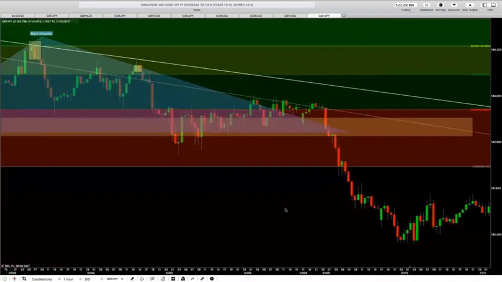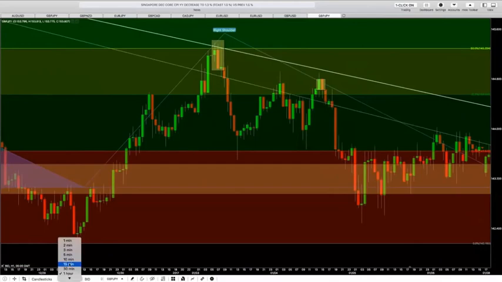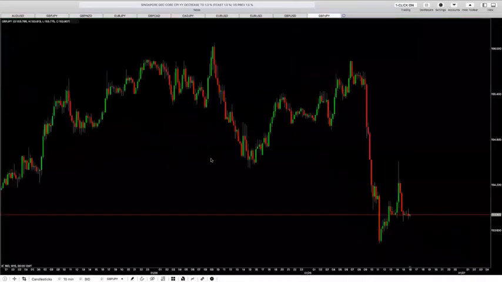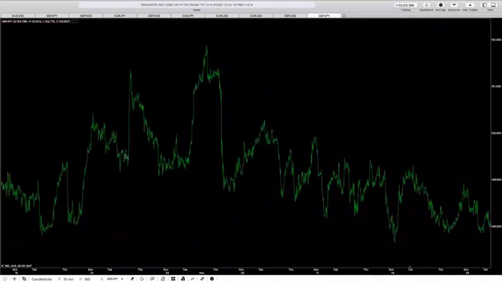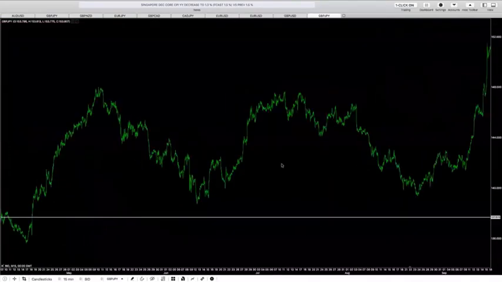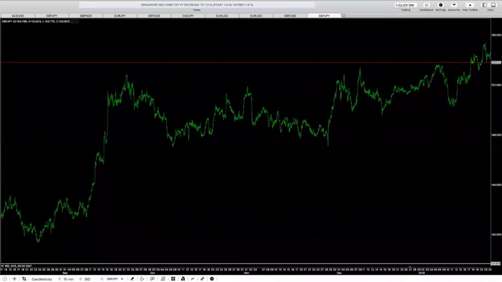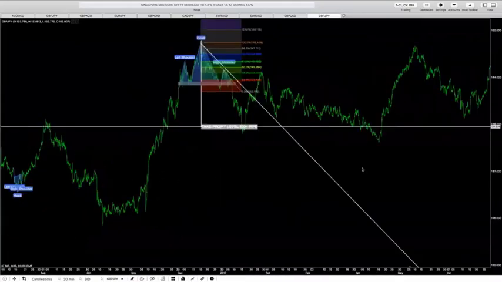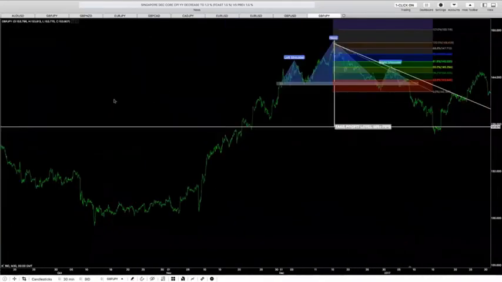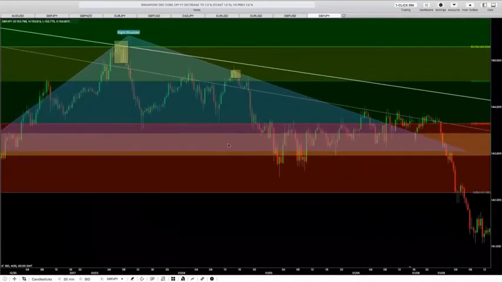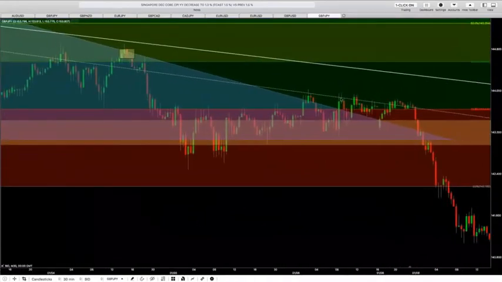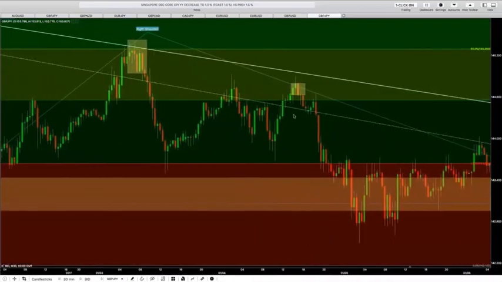Now, as you get nicer, what you can do is jump down to the 15-minute, once you've found your candlestick pattern. I don't believe I can go back this far in the market because I only have 20,000 bars. Okay, I definitely can't. Let me go back to the hourly. I'll try to do it on the 30-minute. I can do another 30-minute, but it's not going to be the same. Typically, you would want to go to the 15-minute now, and the 15-minute will give you different candlestick patterns.